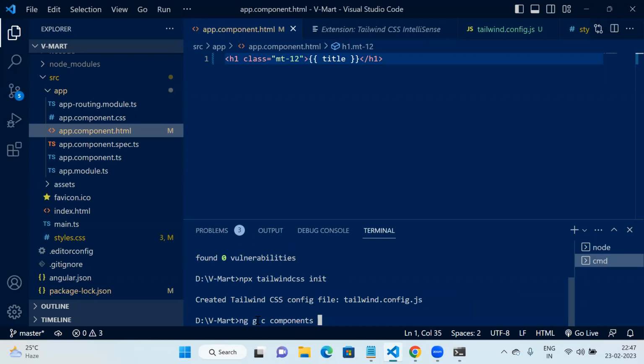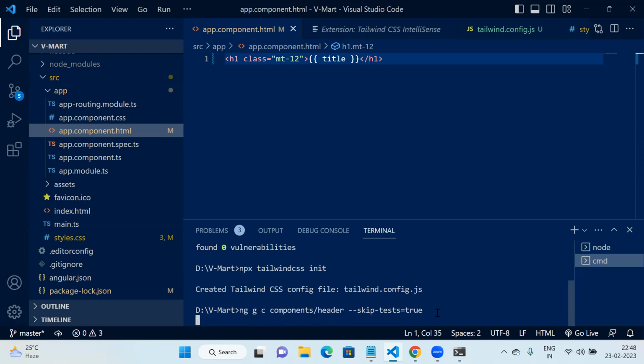So over here I will write header, and I will write the flag --skip-tests=true. So it will skip the spec file. Once I press enter,